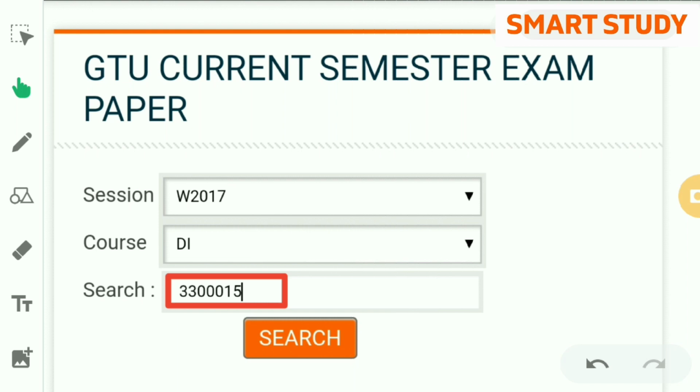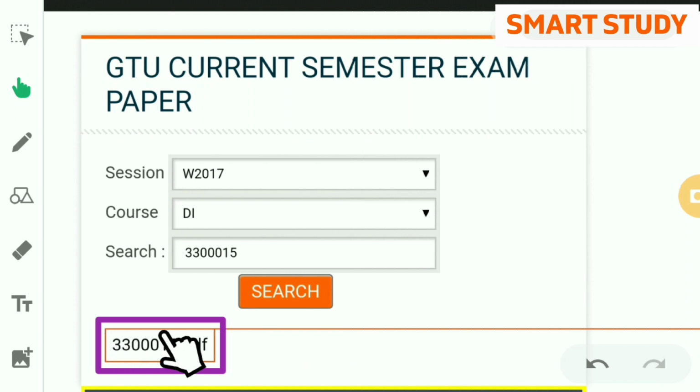Now you have 5 to 6 subjects in each semester, so you must know the subject code of the subject in your current semester. Suppose you want to download the paper of Fundamental of Mechanical Engineering, the FME subject, then write down 33000015, the subject code of the FME subject, in the search option, then click on the search button.